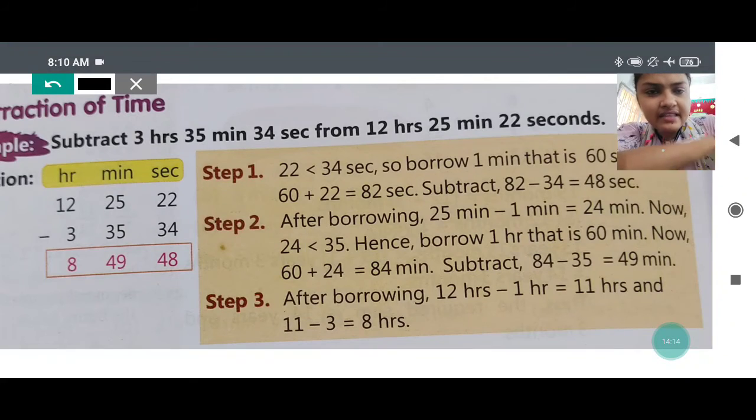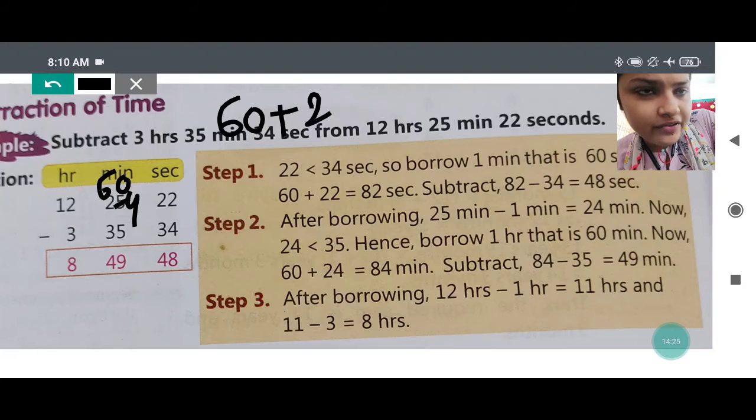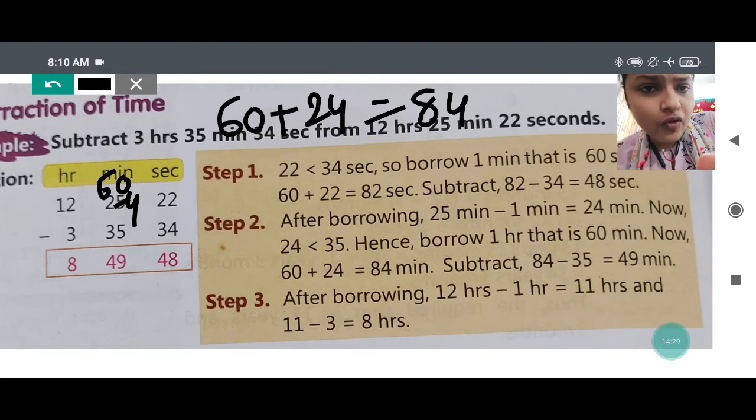I was saying that we are going to add 60 with this. So 1 it has already given now, so it is 4, my dear. So it will become 60 plus 24, which you will get 84. Now 4 minus 5 is not possible. It will take one carry, it will become 14. 14 minus 5 we will get 9 here. And here it is 8, 9 was, so 7. 7 minus 3 will be 4.